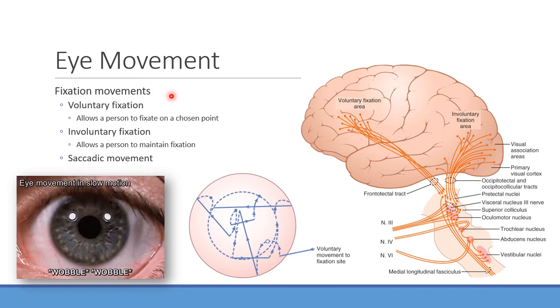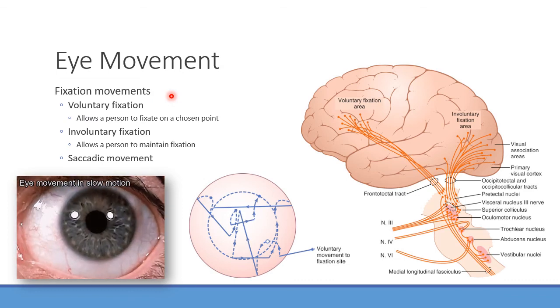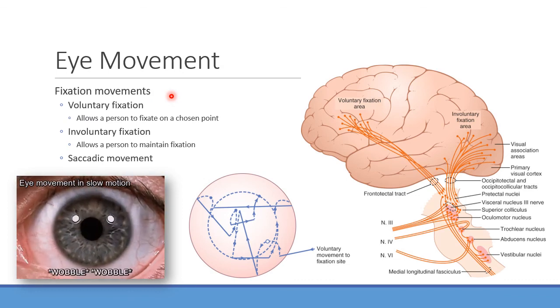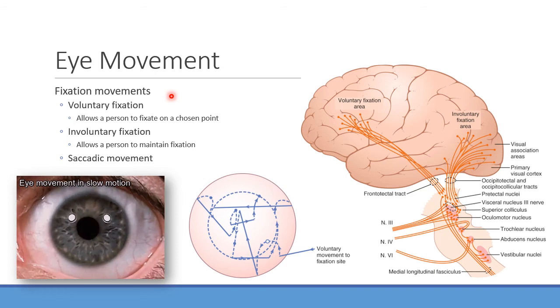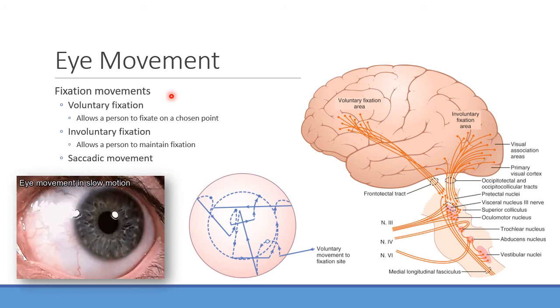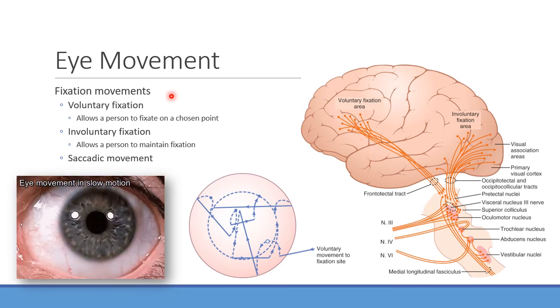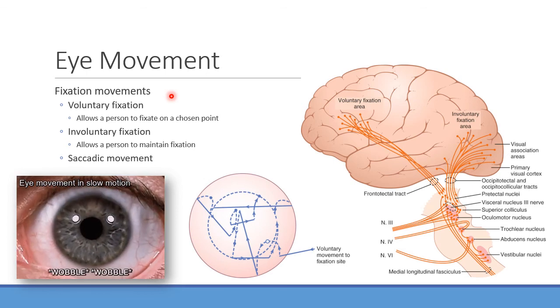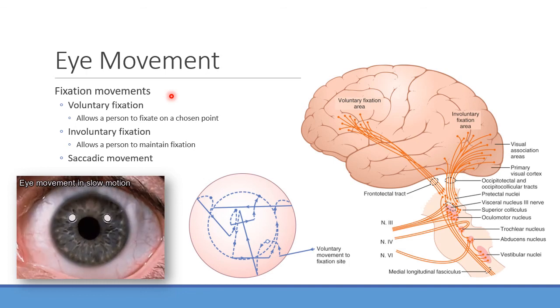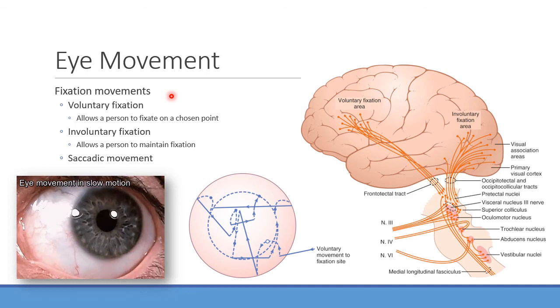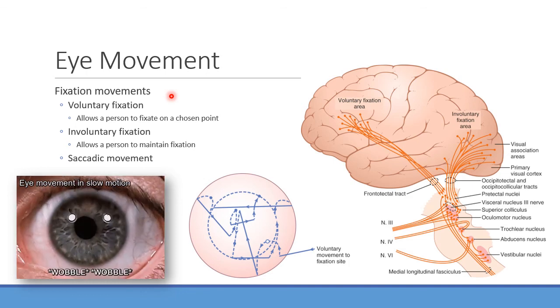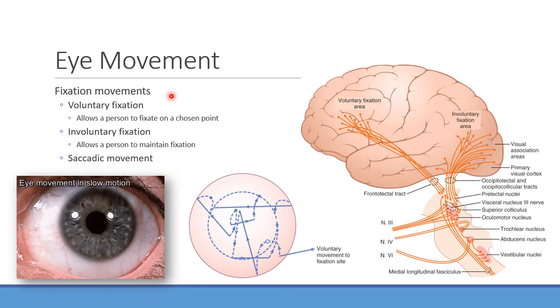And so there's what we call voluntary fixation versus involuntary. Voluntary would be what? So voluntary is I'm choosing to look at this, right? I'm choosing to look at something. Involuntary allows us to maintain that fixation, right? So again, you think, okay, I want to look at this pin right here, and then the involuntary fixation helps my eyes keep maintaining. I don't have to consciously think about it necessarily. That allows me to maintain that fixation.